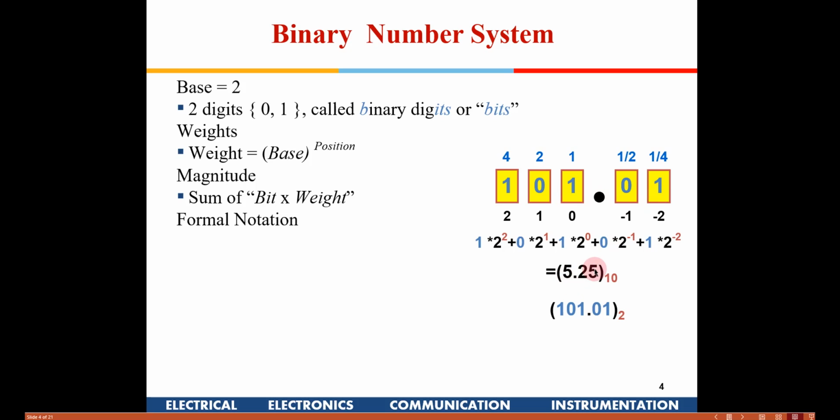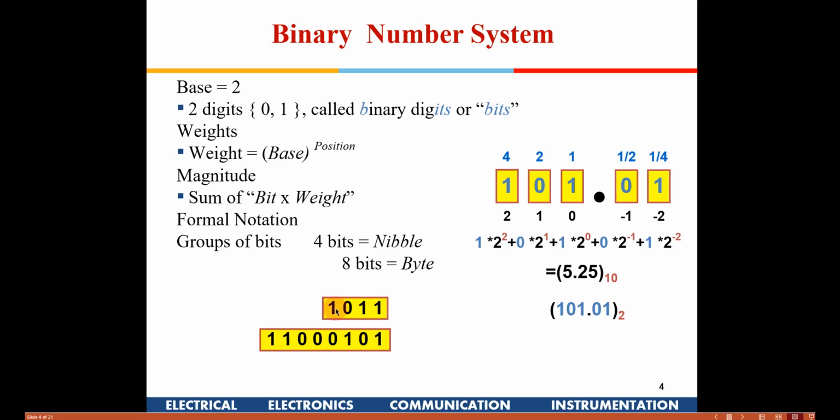So 5.25 in binary will be written as 101.01. This is known as the binary system. Generally we also use these two terms: if there is a 4-bit binary number, it is called a nibble, and if it's an 8-bit binary number, this 8 together is known as a byte. So just be aware of these two nomenclatures when we are